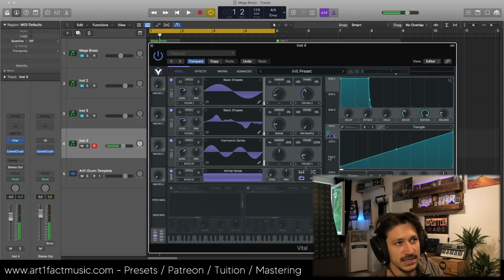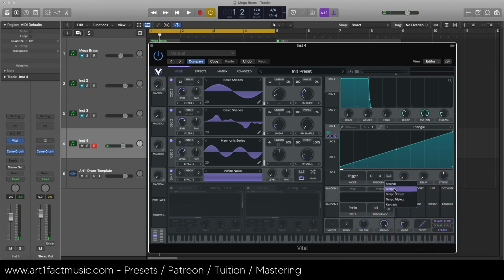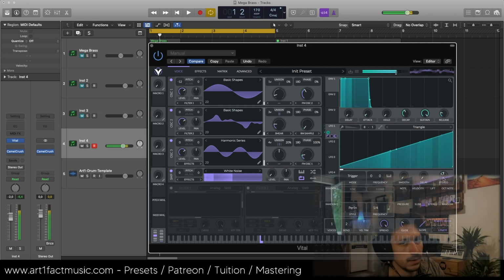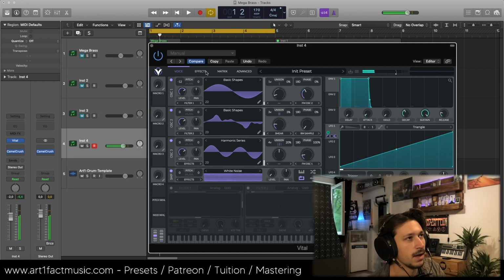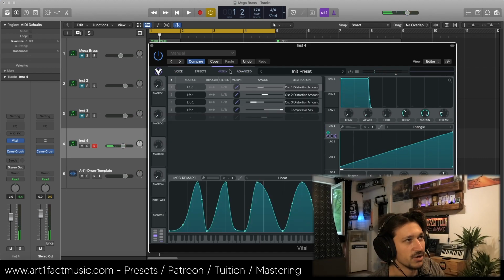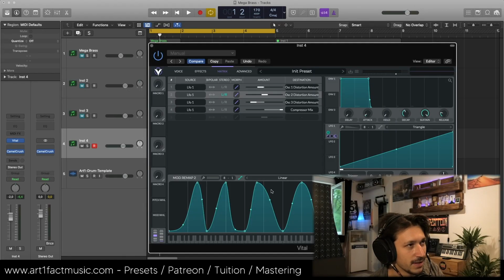But what I've done then is, by putting this LFO onto where it's normally tempo or seconds, by putting it onto key tracking mode, what you can then do is head over to the matrix, and on all of these separate modulations, you can go down here and actually change the shape in which it's going to modulate things. So I've never really played along with here, but